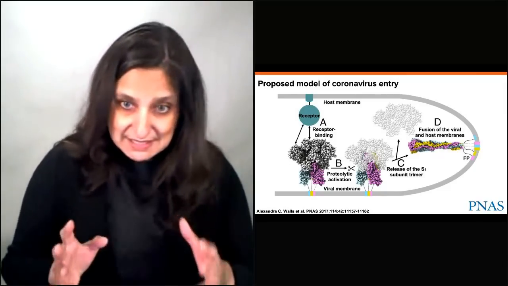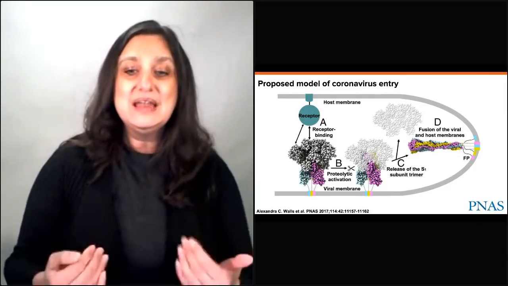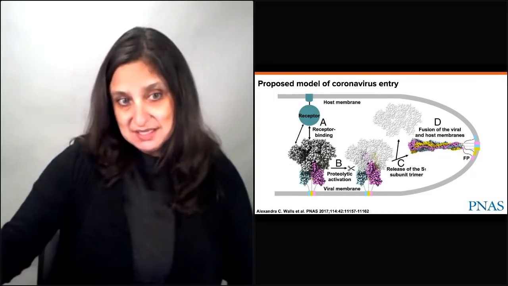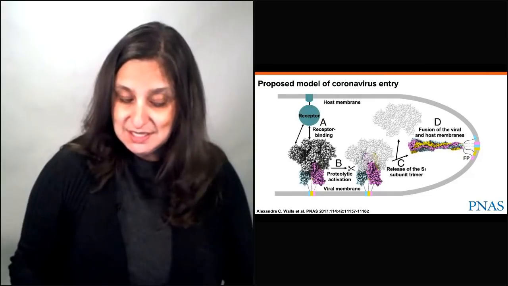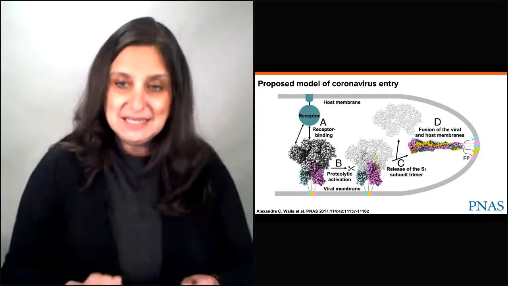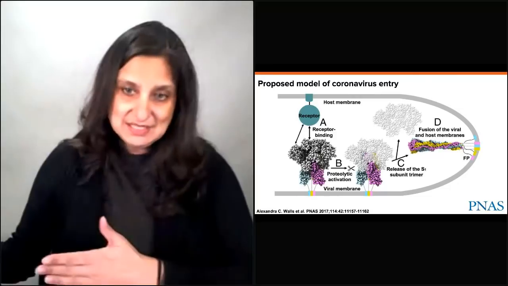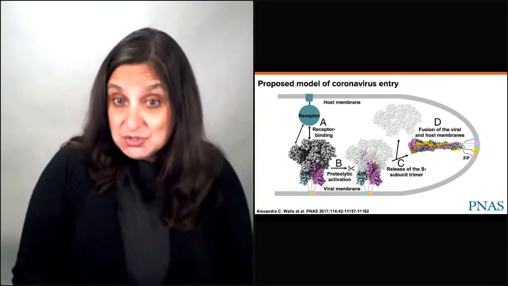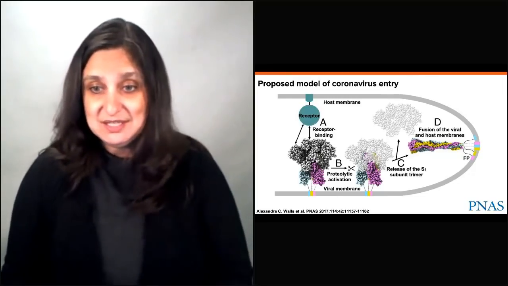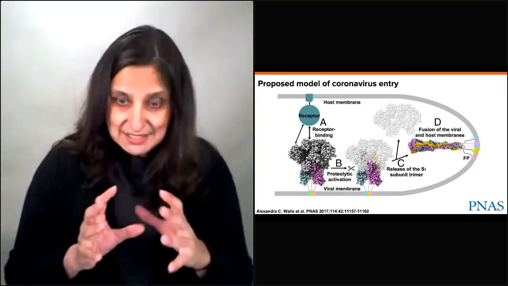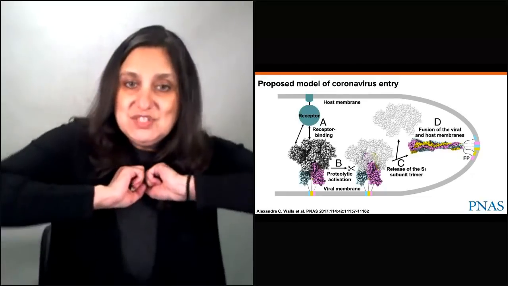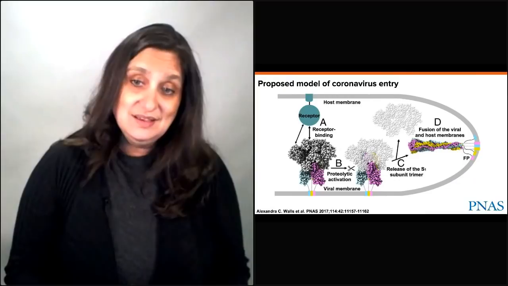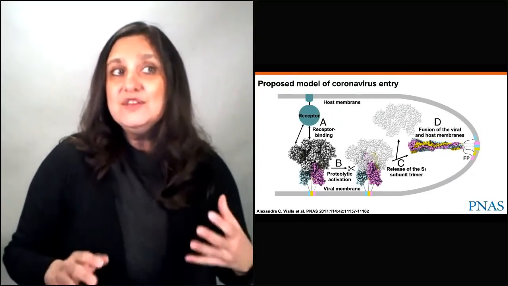So then what it does is it hijacks the machinery that our human cells use to normally make our own proteins. So it injects its RNA, it's an RNA virus, it gets turned back into DNA, and then it gets sent through the entire system to make more copies of itself. It gets turned into messenger RNA, and then it gets turned to protein. And those viral proteins get reassembled, and then they get secreted off out into the world, and they destroy the cell that was making them. And that's often how we get